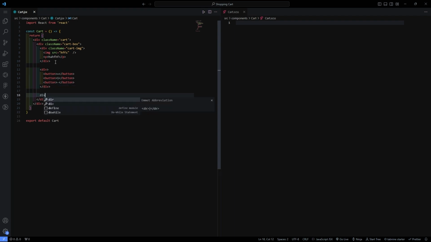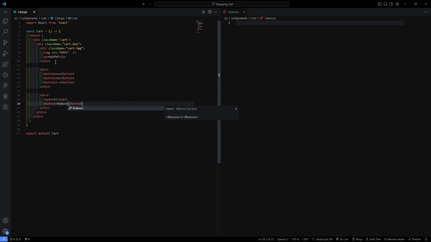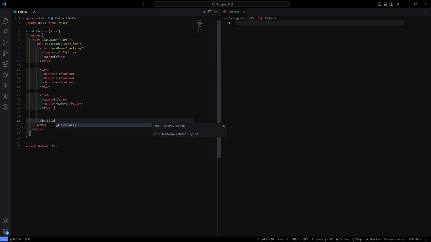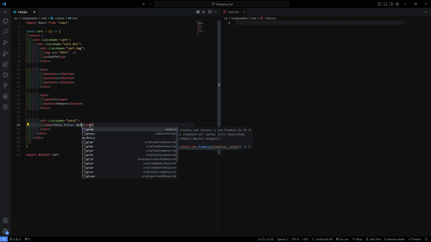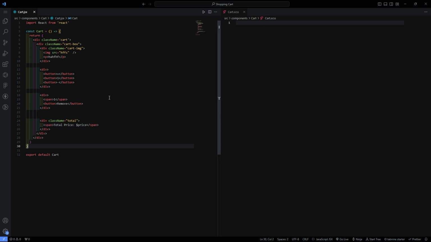Okay, after this we have another div, and inside this div we have a span, and right here for example 1, just for now. And after this we have a button which is the remove button, and after this div we have a total price div, and right here total price, and right here price, like that. Now what we have to do, basically remove this and write here price. Okay, and import the style file here,